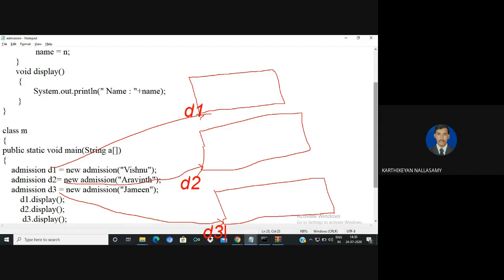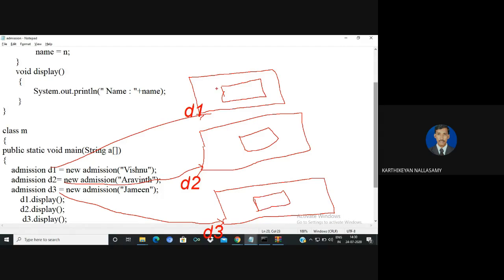Correct, and a memory is allocated that is called name. This is the memory field for name.